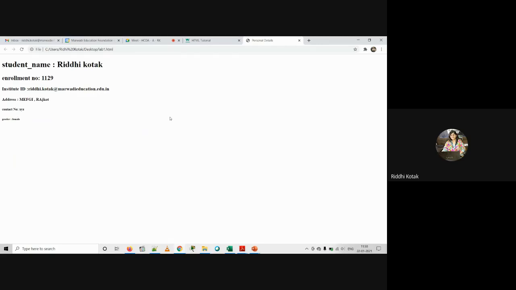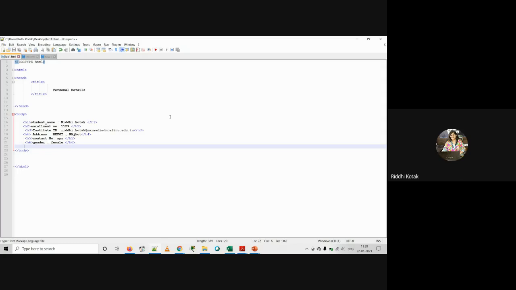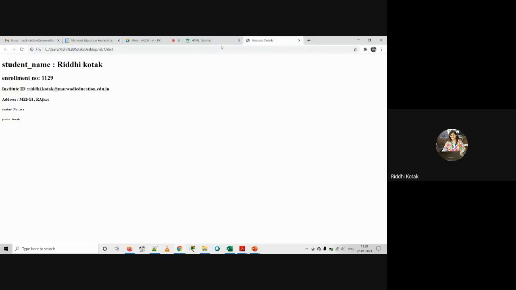As sir has told, whenever you are creating any kind of web page or document, some header will be of a large size, and somewhere your description will be in a smaller font size. The same way you can reflect it over here, right? I have created it parallelly with you, so you can easily understand this, right?